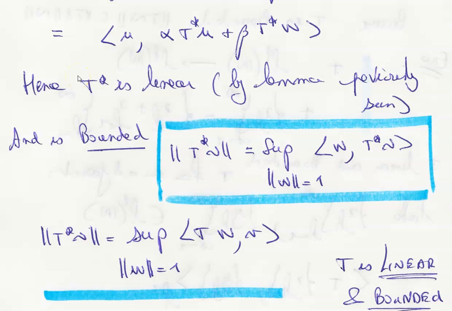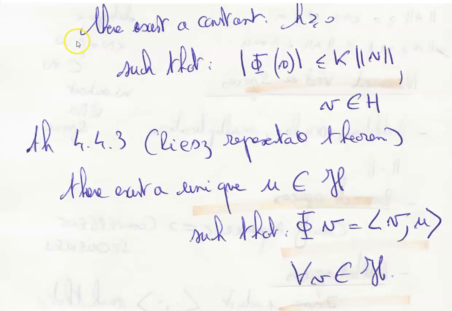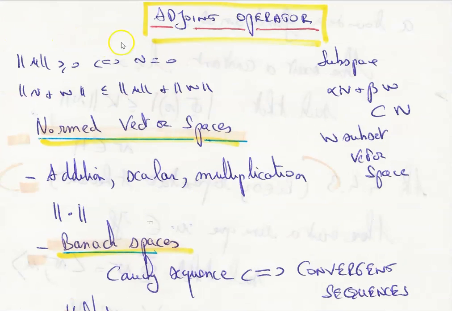So this video is on the Adjoint Operator. We have seen so far normed vector spaces, Banach spaces, and Hilbert spaces. So now we can speak about the Adjoint Operator. So I remind you that the norm of U is positive or null is equivalent to the fact that